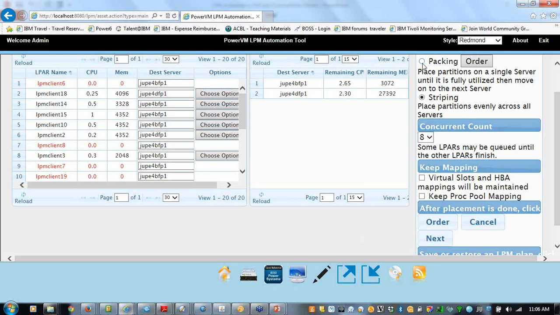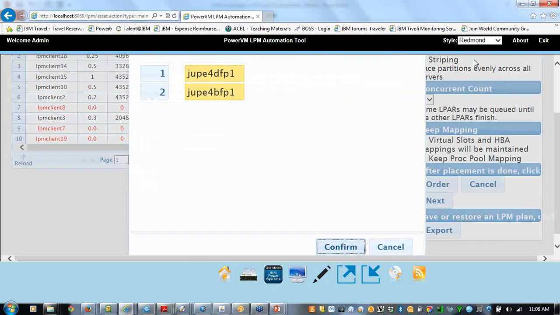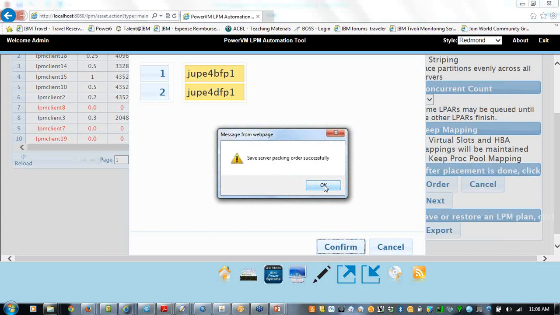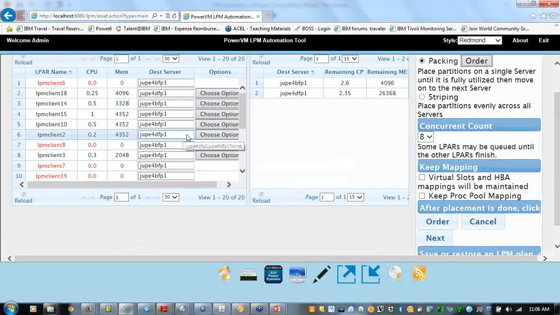Okay, we went back to packing. You see how one of them was almost completely full, and we can change the order again here and go back to the original order. It doesn't matter to me. So you have this ability to do this. And so you've done that, but that still doesn't mean you can't go over here and make some more changes. Okay. So you let the tool sort of give you a packing or a striping, and then after that you can edit it some more and you can change it some more.